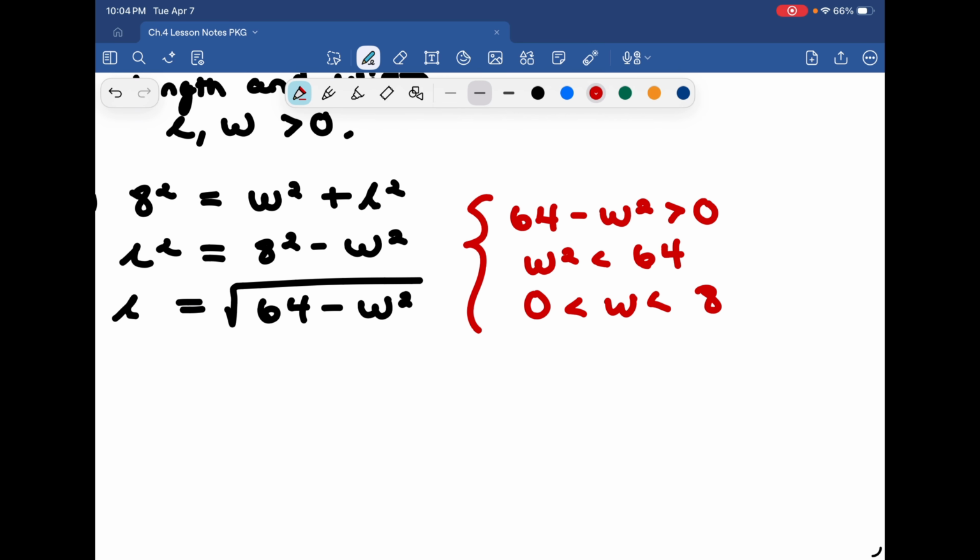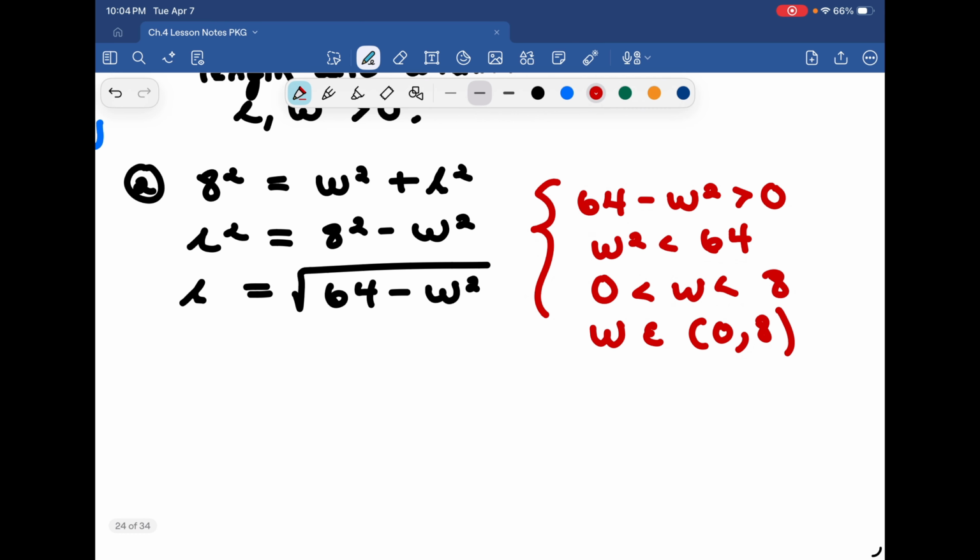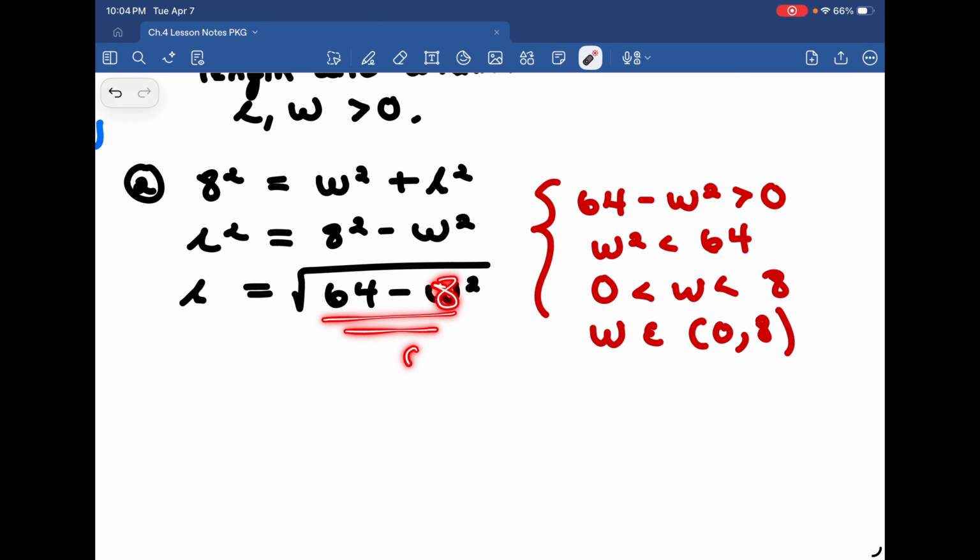So we're going to make sure that we put this between 0 and 8, meaning W is an element of 0 to 8. Now again, the reason it cannot be 8 specifically is that if I substitute 8 squared, this becomes 0 and the length would be 0. So if we get a critical number of 8, it's not going to be in the domain, so we've got to watch for that. Same thing for 0. We wouldn't want to have a W of 0. Okay, great. Now that we've figured out what our W can possibly represent,